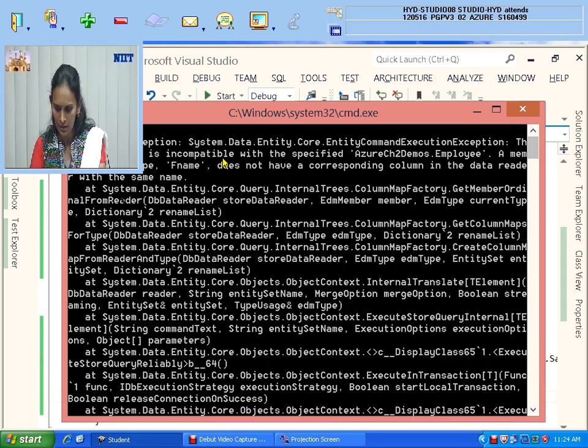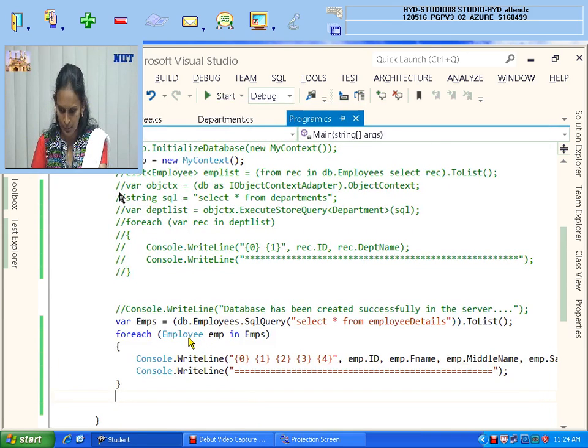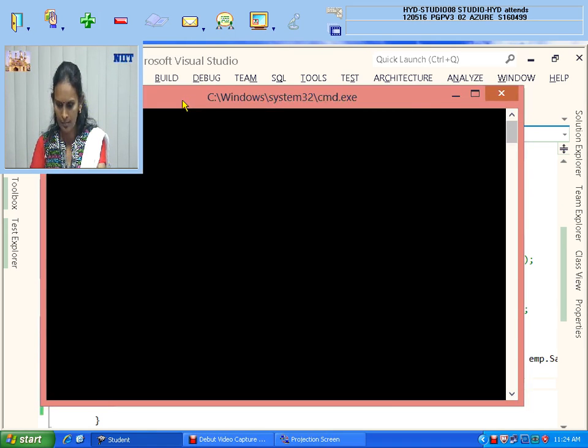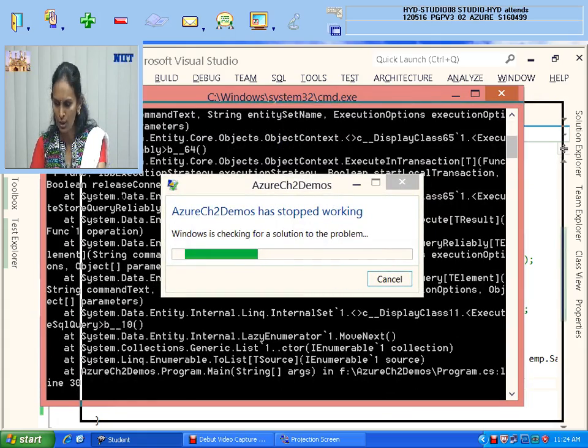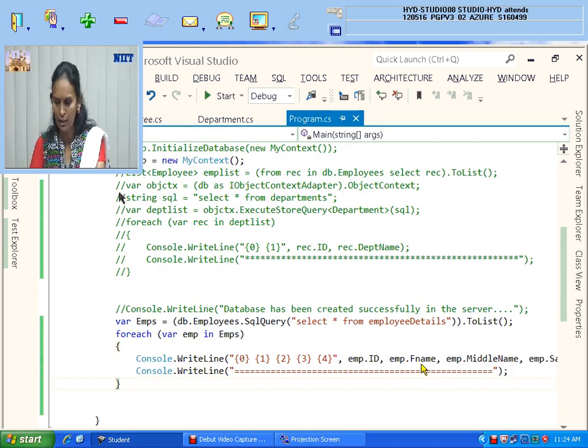The reader is incompatible with the specified employee. The problem, as you are understanding, is that there is the FName, the first name, because of which it is not coming.